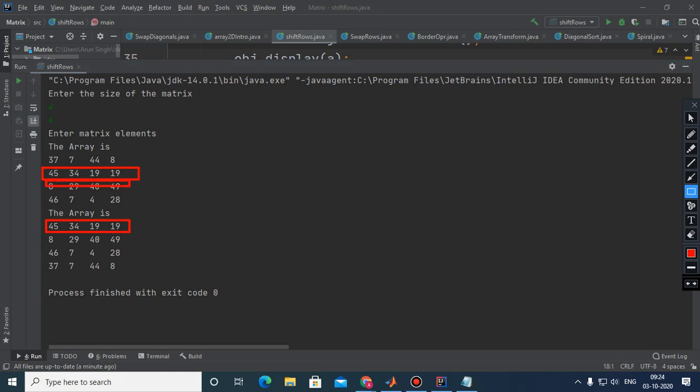This is the third row and now it has become the second row. And this one is the first row, it has become the last row. What is the problem in that? You don't have to swap, you have to shift. You have to shift by this process. Second row will become the first row. Listen to the question carefully. Third row will become the second row. Fourth row will become the third row. And the first row will become the last row, like this.